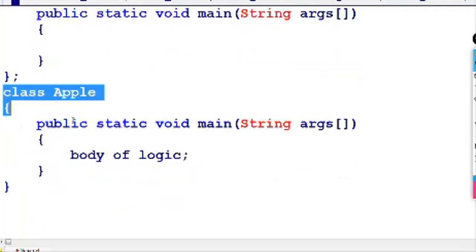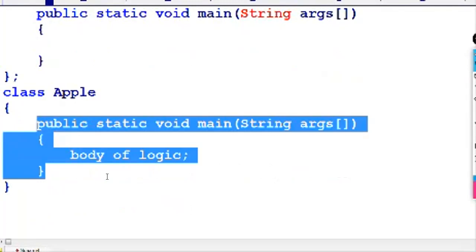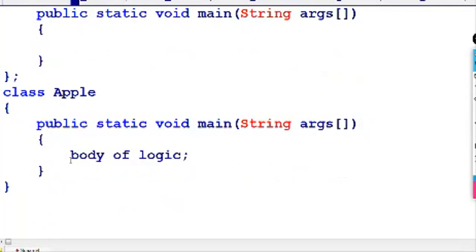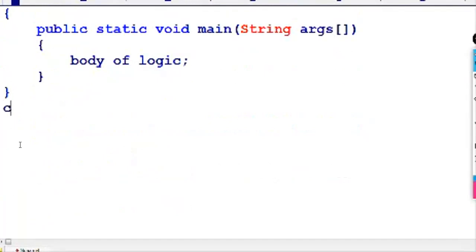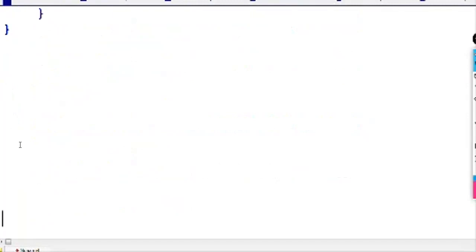Java has a class, and the class may contain at least one method. That main method contains all the logic implementation, declaration of variables, assigning values to the variables and so on. Then what is the exact definition of a class? I am describing it in simple terms; I am not an expert in giving the full details of the class now, but I can give a definition of a class.